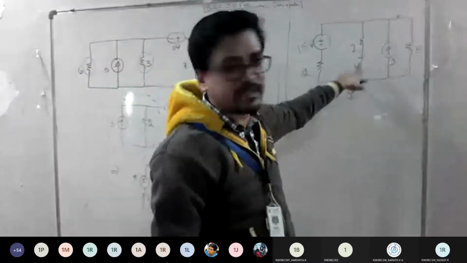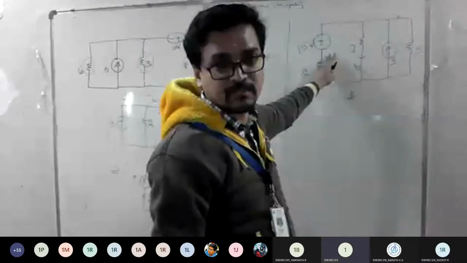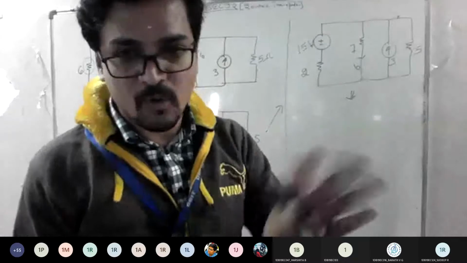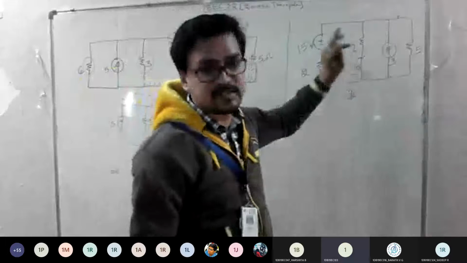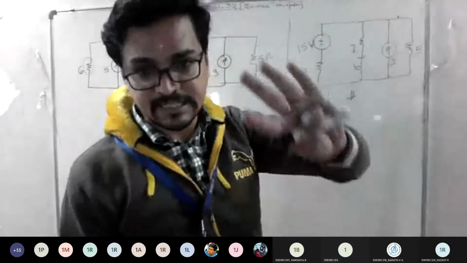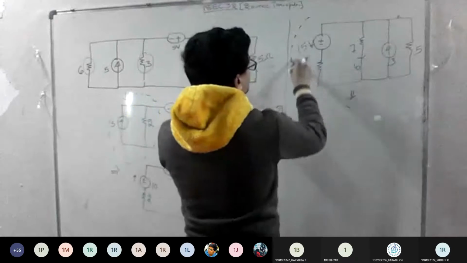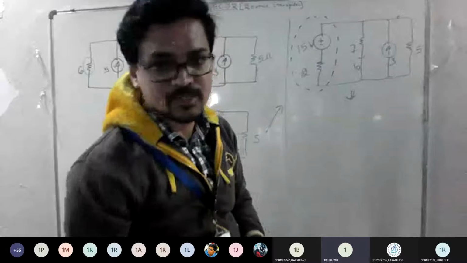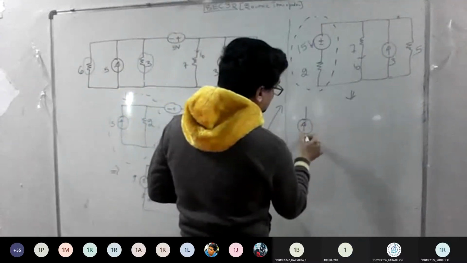See, if they had not asked, then straight away I could have done all the parallel combinations and finished the problem. But that is what they have not asked. They have asked you to find particularly the current across the 7 ohm. So it means retain it. So now the next possibility is what? Convert this to a practical current source. What is the answer? And is the direction upward or downward?